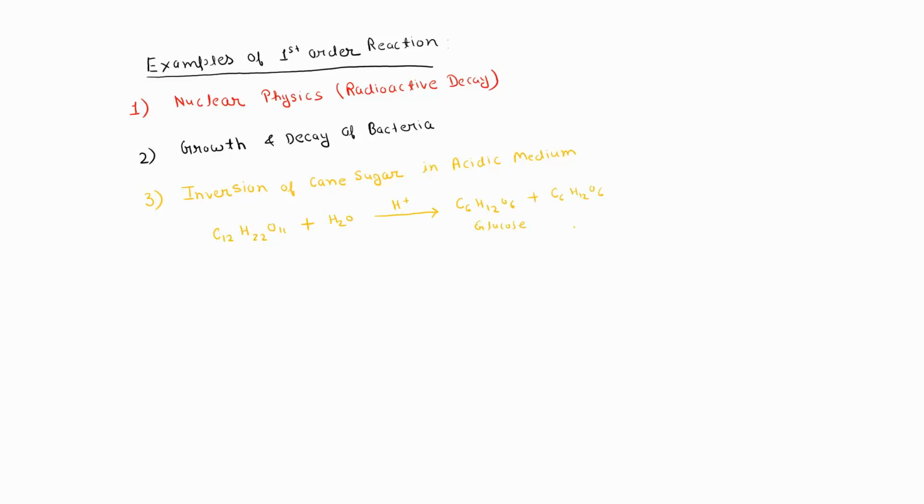सेम इक्वेशन है दोनों की, बस इसमें क्या होता है कि जो रोटेशन है अगर आपने पढ़ा होगा वो अलग हो जाता है. इन्वर्जन का मतलब ये होता है कि जैसे ये आपका डेक्स्ट्रो रोटेटरी होता है और ये आपका भी डेक्स्ट्रो रोटेटरी होता है ग्लूकोज जो होता है, बट जो फ्रक्टोज होता है वो लीवो रोटेटरी होता है. तो इन्वर्जन हो गया ना, डेक्स्ट्रो से लीवो. आप कहेंगे डेक्स्ट्रो से डेक्स्ट्रो बन रहा है, बट अगर आप इसमें परसेंटेज की बात देखें तो फ्रक्टोज ज़्यादा होता है ग्लूकोज की मात्रा में। तो फ्रक्टोज अगर ज़्यादा है तो प्रोडक्ट का रोटेशन लीवो रोटेटरी होगा। सो डेक्स्ट्रो से लीवो हो गया, इसीलिए इन्वर्जन ऑफ केन शुगर हुआ। और ये जो डेक्स्ट्रो से लीवो होता है ये आपका फर्स्ट ऑर्डर काइनेटिक्स को फॉलो करता है। ठीक है।